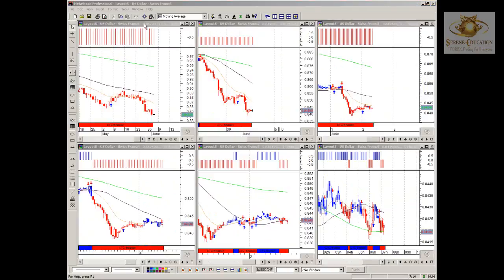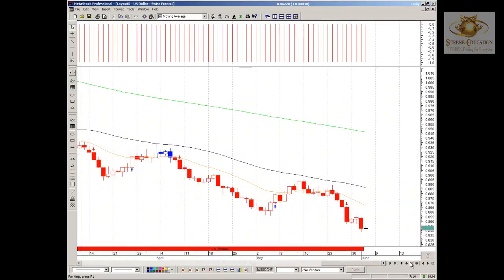Next pair is the US dollar against the Swiss franc. Let's have a look at the daily. Here again we've seen the US dollar losing ground against the Swiss franc. We had price support at 860, a bounce higher, and then a breakout, the pullback, and a failed pullback and continuation to the downside. We're trading at an all-time low on this pair,